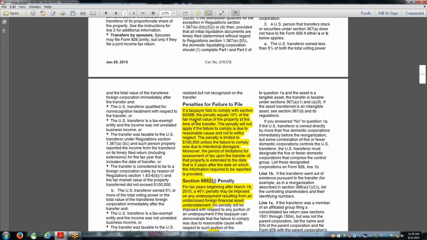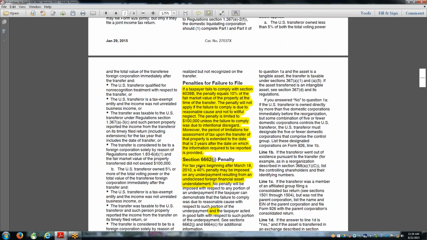the penalties. There's so many penalties. 10% of the value up to $100,000. And keep in mind, Chemical has told us that what CPAs are responsible for is tax penalties, not additional tax, but the penalties. This one is a big one. We don't see it too often. I mean, we don't hear enough about it because it deals with foreign transactions, but it's 40% of the underpayment